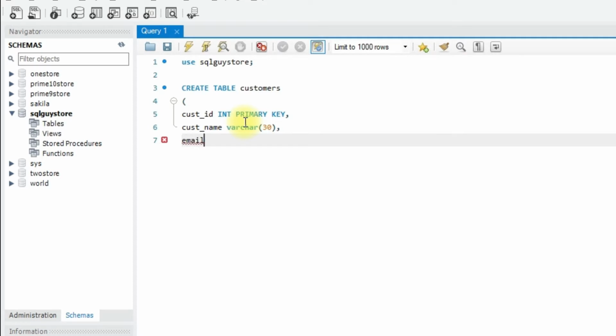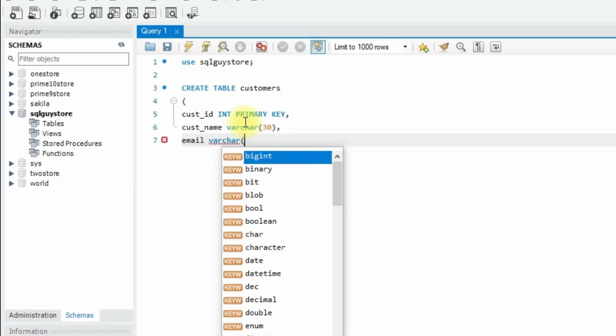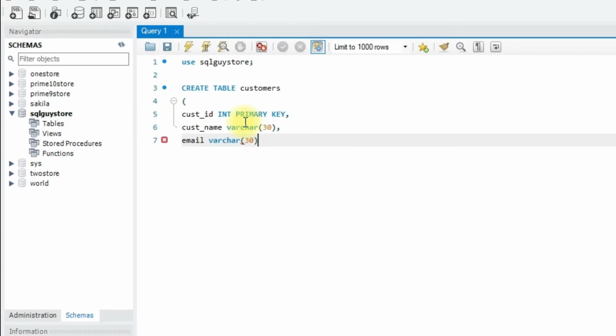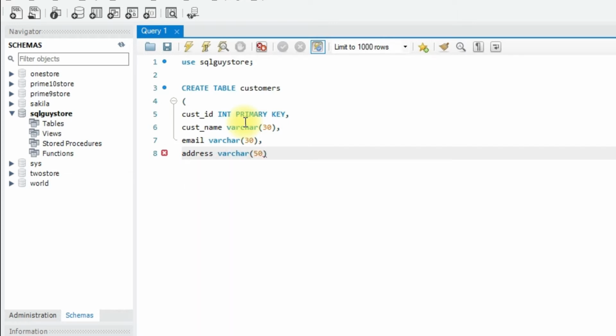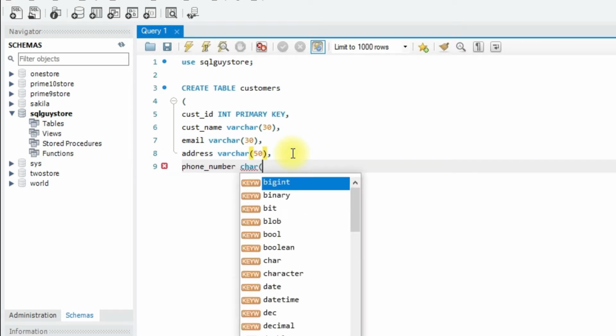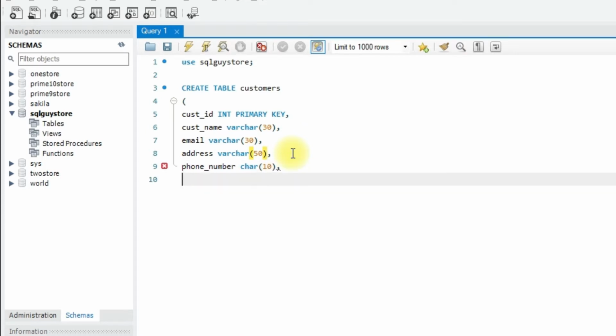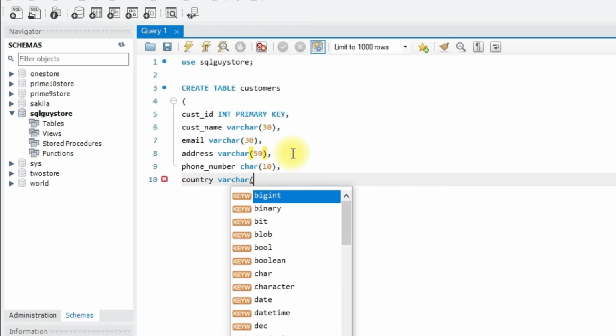Then email, varchar of 30, address, varchar of 50, phone number, char of 10, comma, country, varchar of 20.